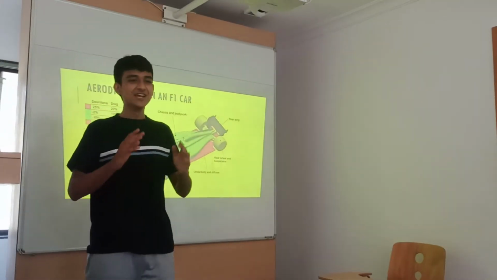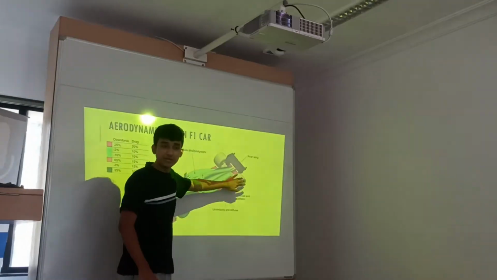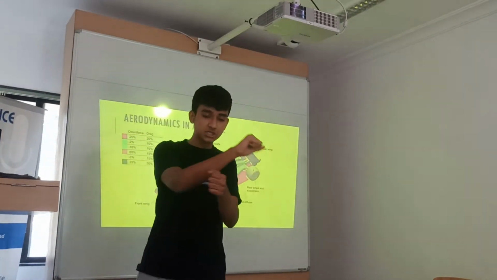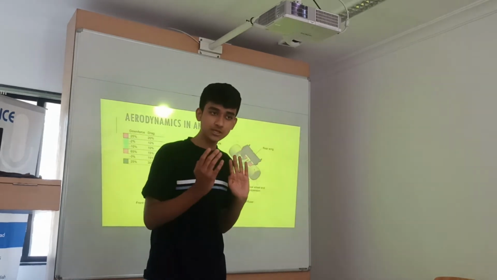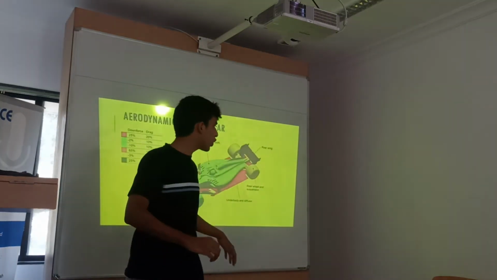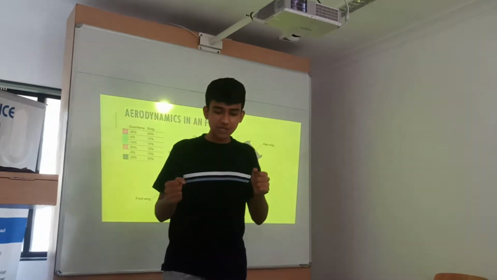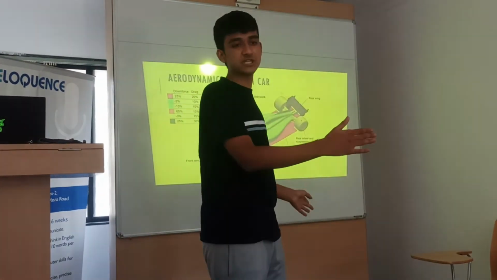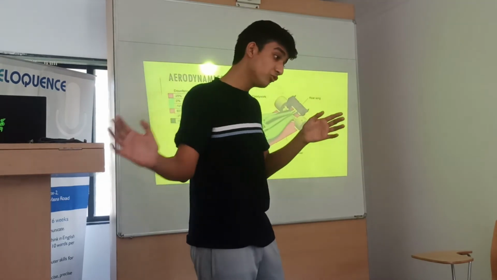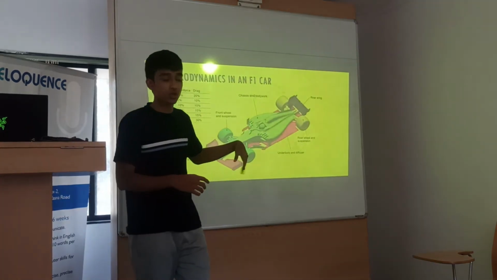What is the difference between understeer and oversteer? Okay, now this is not related to the topic, but okay. When you are going through a corner, sometimes there is a loss of rear downforce and there is wheel spin. When a driver turns his steering wheel all the way, but the car is still not turning, this is known as understeer. Even with a lot of input, the car is not turning. That's why in some corners they will go wide, they will miss the turn. And oversteer is basically when even with a little bit of input, the car will move too much and it will spin. These are two issues that drivers sometimes face due to the lack of downforce or wheel spin.